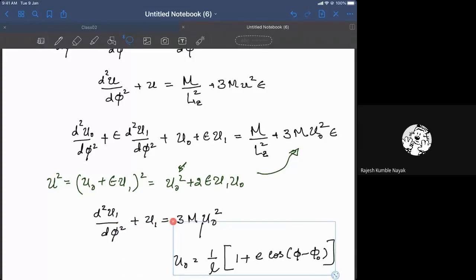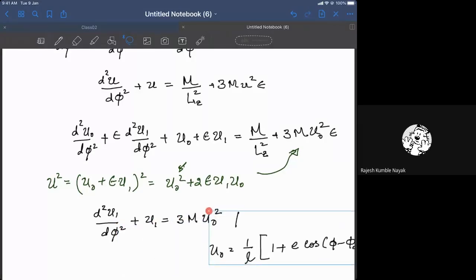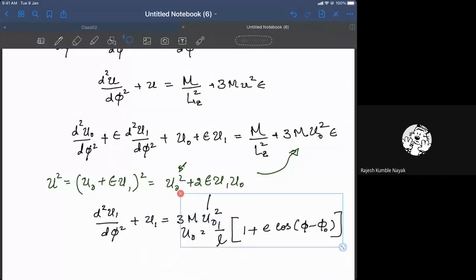Okay, so this is the... there are some extra pieces that come from...